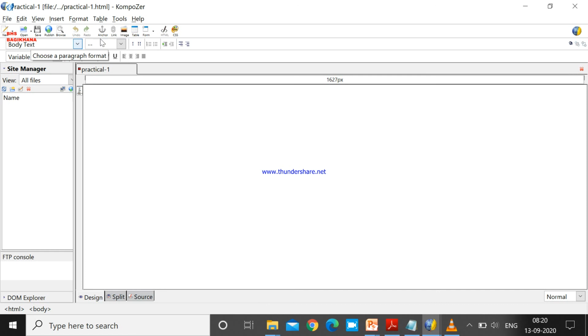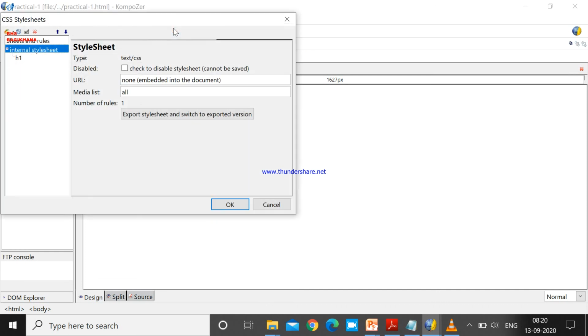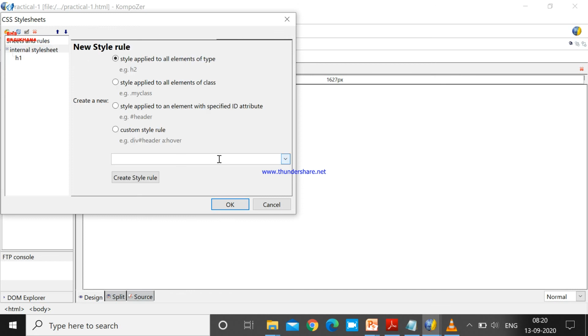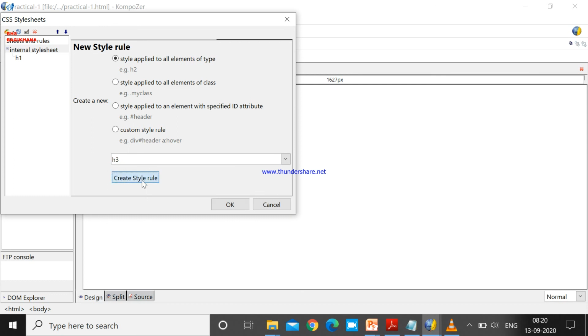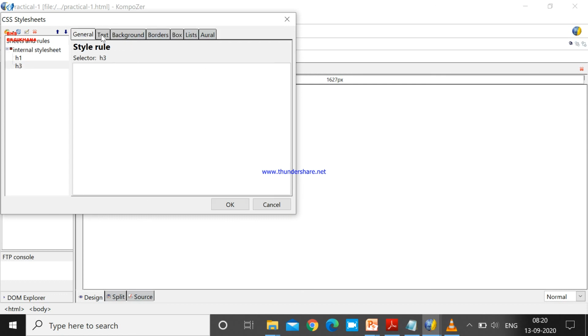Now it's time for the topic title. For the topic title, friends, click internal style sheet and click on this button and select style rule. Select H3 for your topic title and create one new style rule for H3.